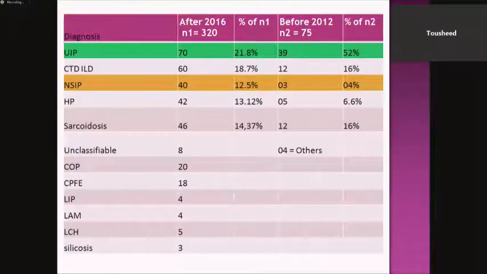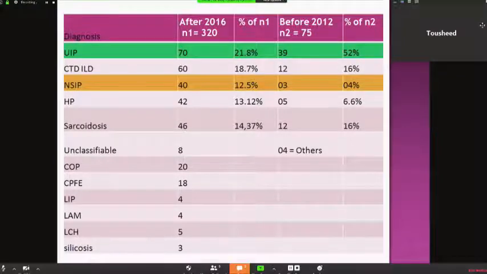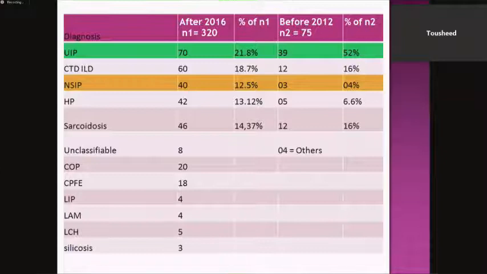So if you see the difference, before 2012, and I'm talking only about MDT, UIP patterns, no biopsies at this moment. We had seen out of 75 total cases, 39 were UIP pattern. That accounts for around 52% of our diagnosis. CTD-ILD was around 12, that accounts around 16%. Sarcoidosis remained the same, 16%. NSIP was only around 4%. And hypersensitivity pneumonitis was around 6.6%. This is way back in